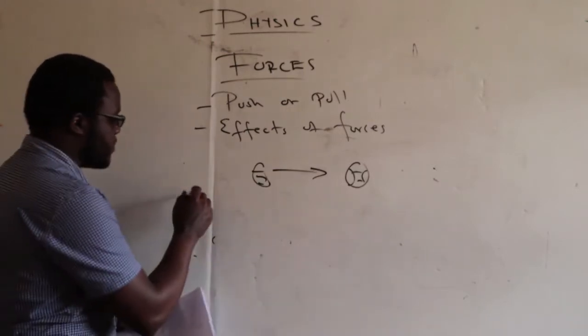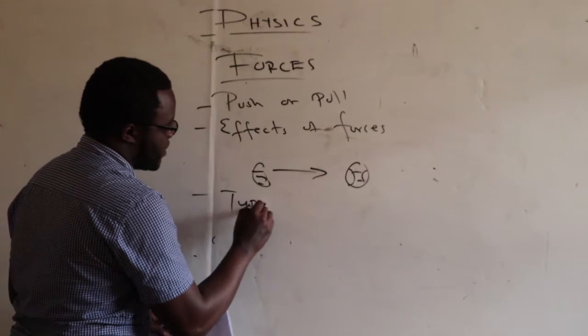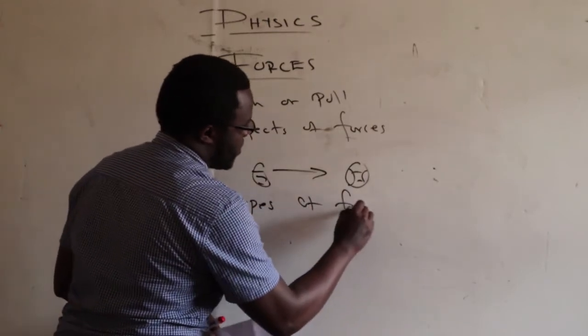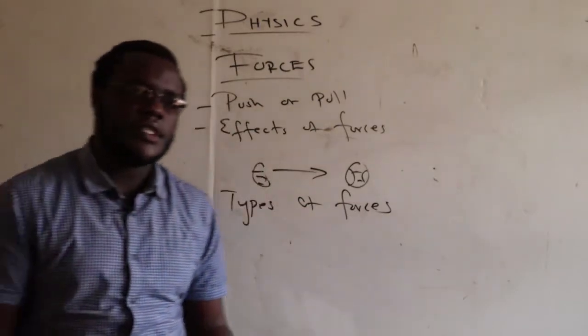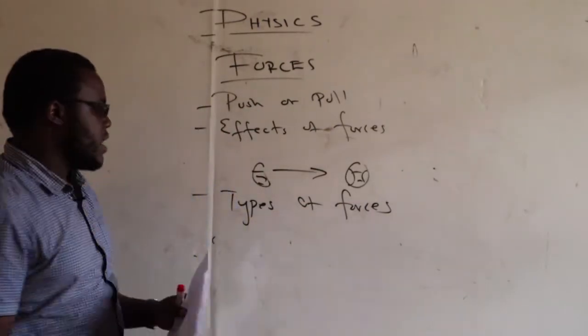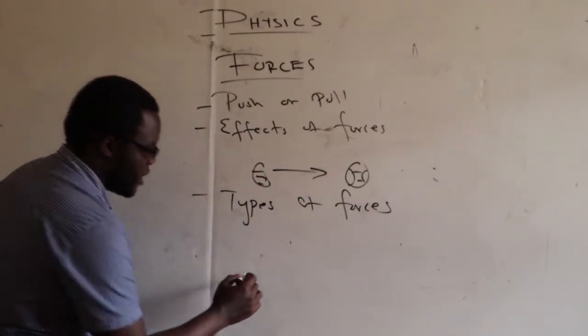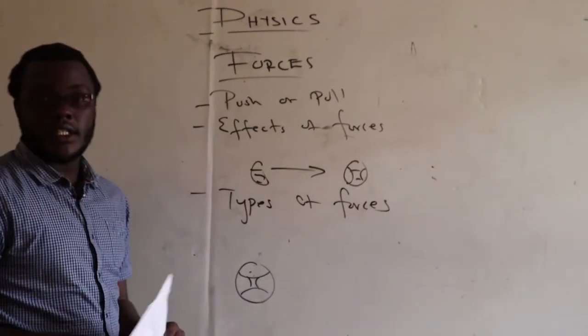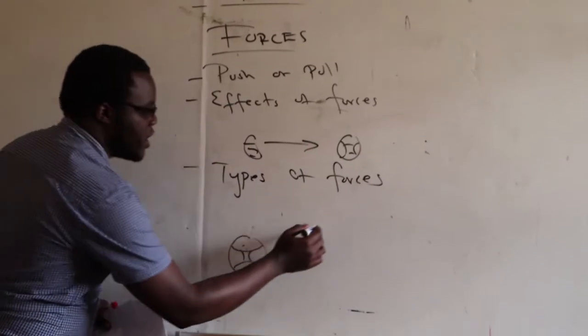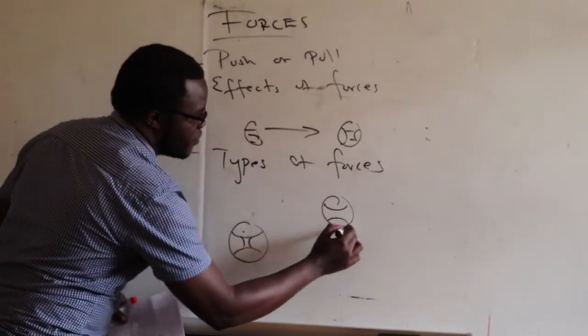Next, we look at types of forces. We have so many types of forces. When you look at types of forces, we are talking of gravity force. It's a very interesting type of force. Now, somebody by the name Isaac Newton discovered that when a body is next to another body, maybe two balls,